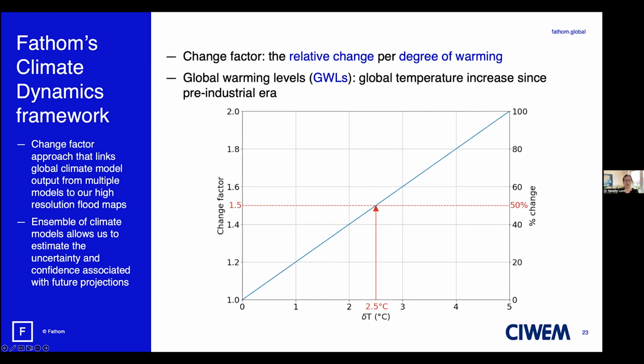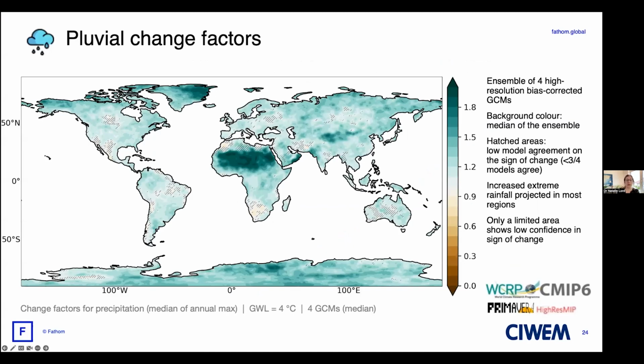Next slide, please. We'll now look at some examples of change factors for the different perils that we consider at Fathom. First, we have the pluvial change factors. As Nans has mentioned, the Clausius-Clapeyron equation tells us that extreme precipitation is likely to increase as the climate warms. But rather than assuming that extreme rainfall increases everywhere at the same rate, we instead use an ensemble of 4 bias-corrected global climate models from the CMIP6 HighResMIP project to capture some of the spatial differences in these